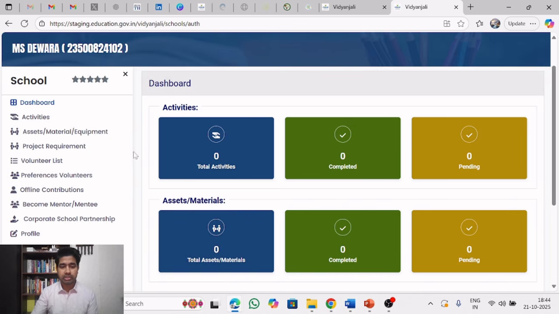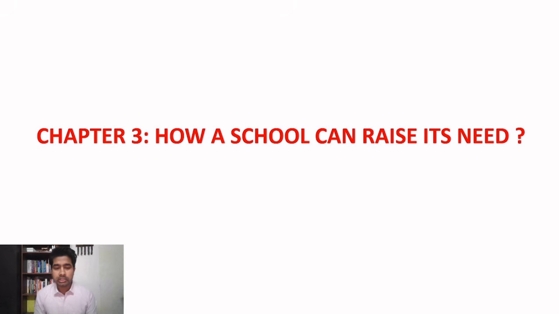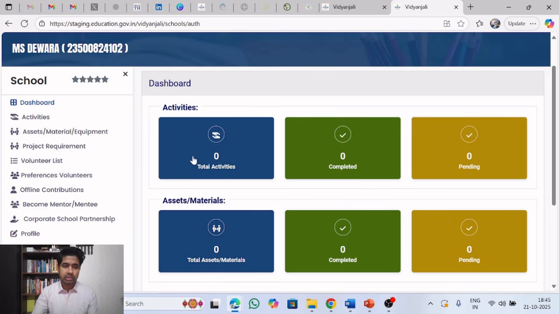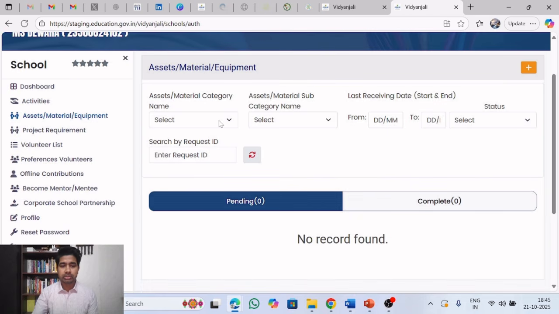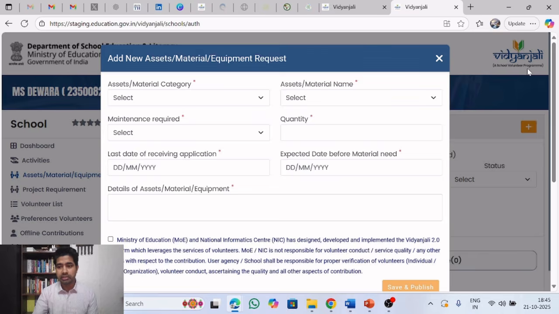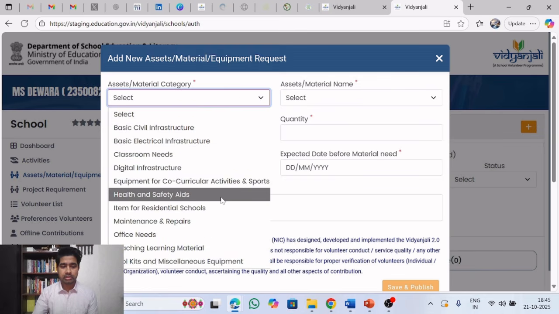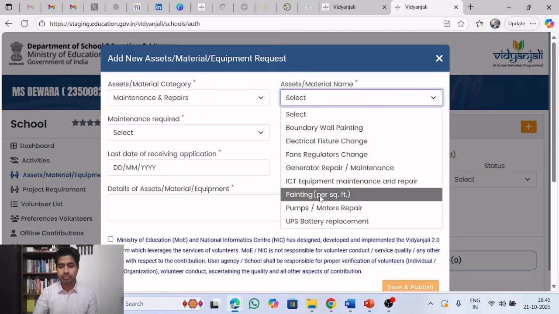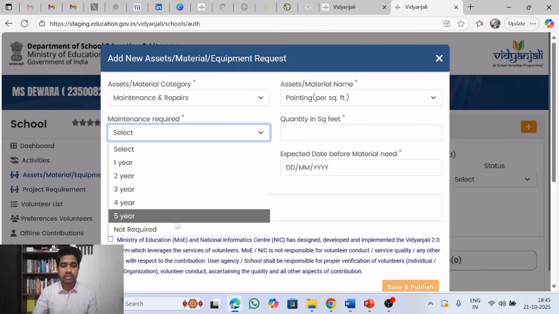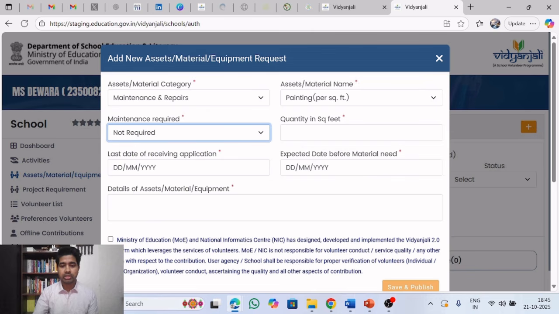Now the next chapter is how a school can raise its need. You have to click on this asset material. Then there is a button on the right hand side. Click this orange button. Select maintenance and repair. Then select painting. Maintenance not required. Quantity 1000 square feet, assume,